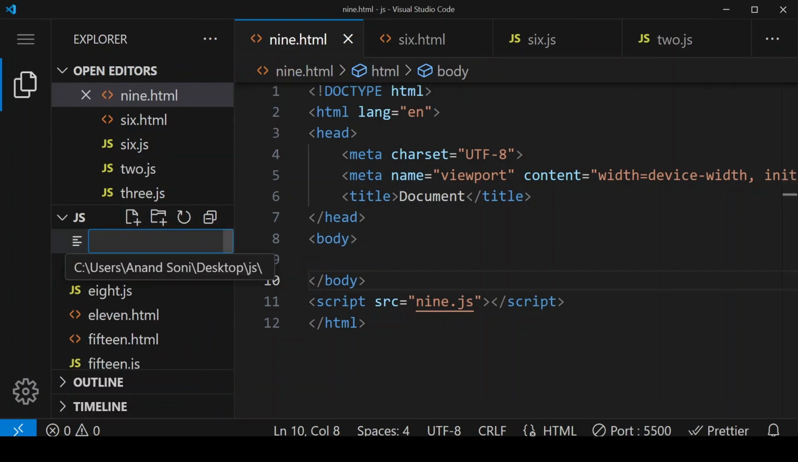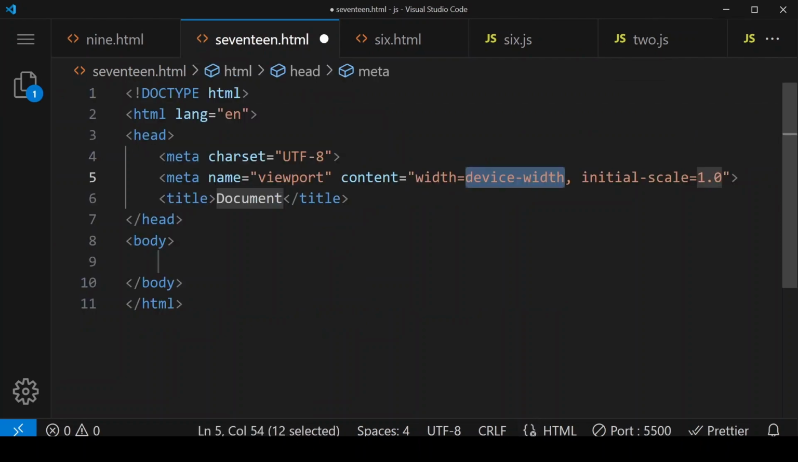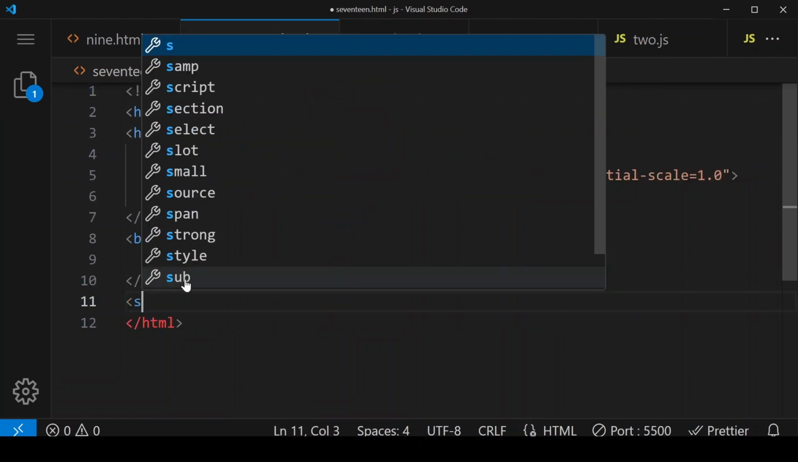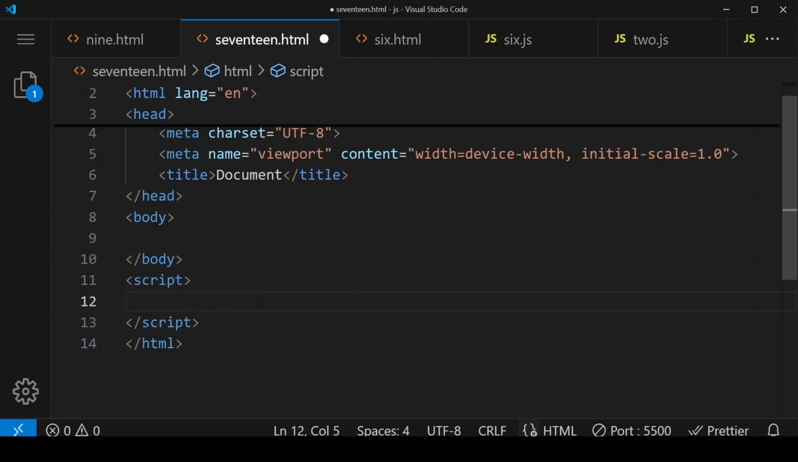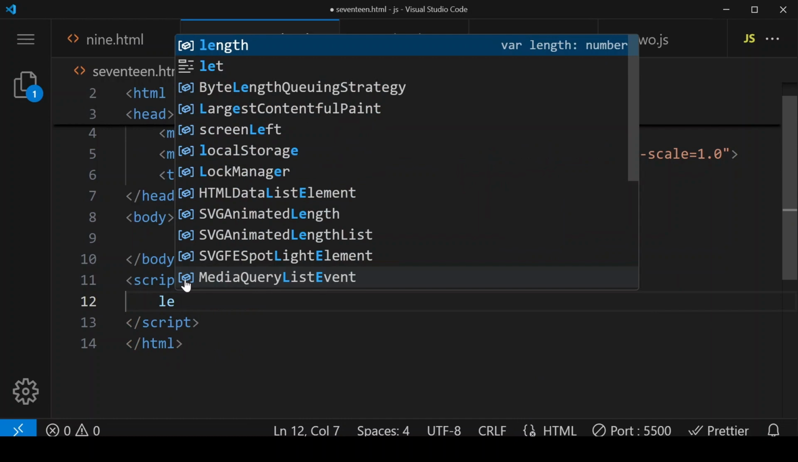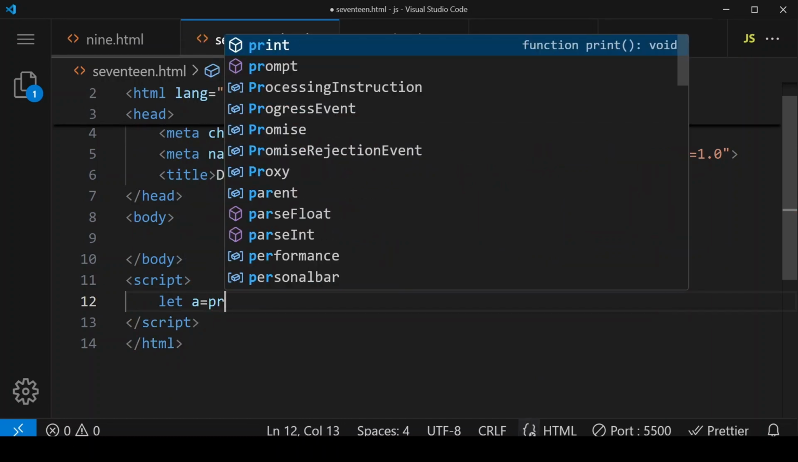So here I am creating a file, 17.html, and in this file, this is our basic Emmet code. And here after the body section, I'm giving a script tag, and within this script tag, I'm declaring one variable, let a equals to, here I'm using a prompt box,